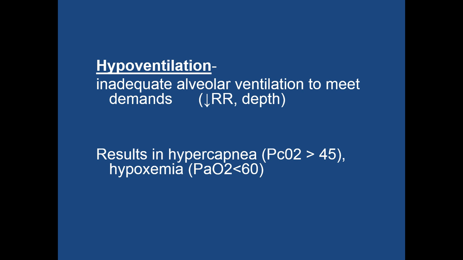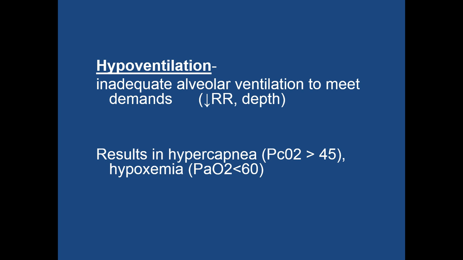Hypoventilation is by far more common. You see it much more often, and what we're having here is we're not having enough alveolar ventilation to meet the body's demands. So without enough ventilation, we're not getting enough oxygen into the blood, not getting enough carbon dioxide out of the blood, whether it's because of a lower respiratory rate and depth, often secondary to some kind of health problem or disease. It results in hypercapnia, and hypercapnia is high carbon dioxide levels, so high is being over 45,